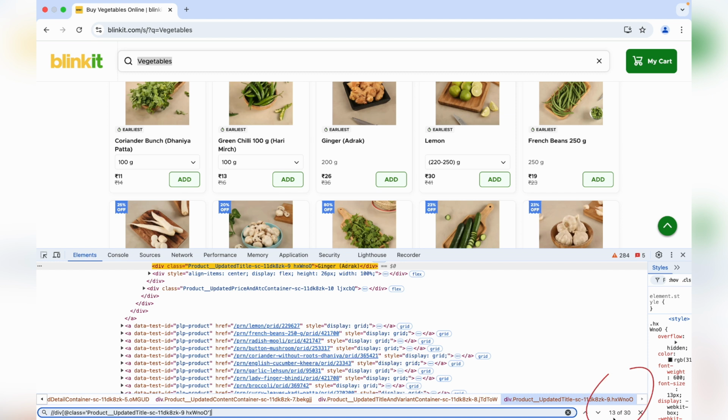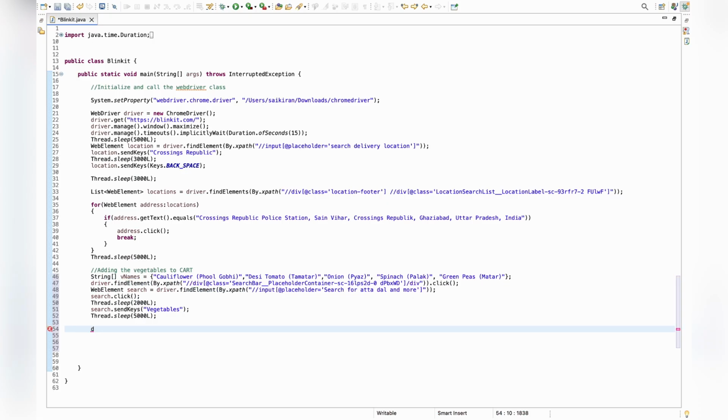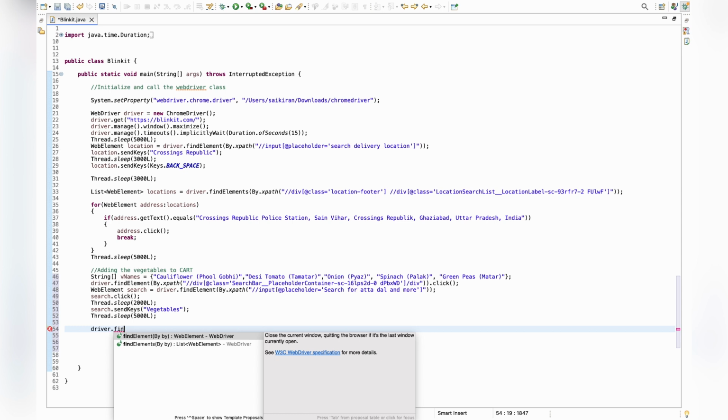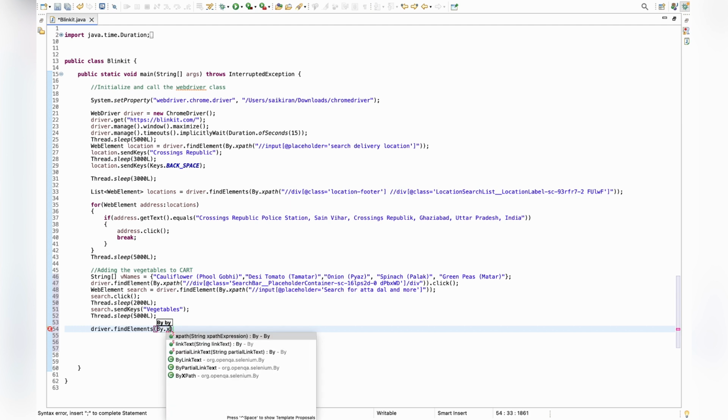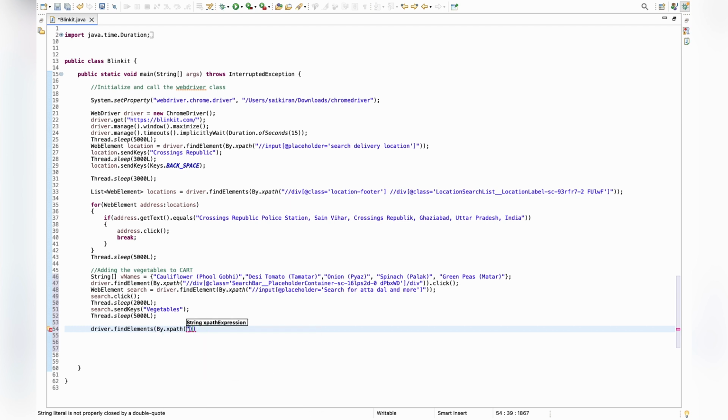That means we have written the common XPath for the title of the 30 vegetables which are displayed on the page. Use it in your Eclipse: driver.findElements, because we have more than one element, By.xpath, and give the XPath inside it. I am going to store it in a List of WebElement